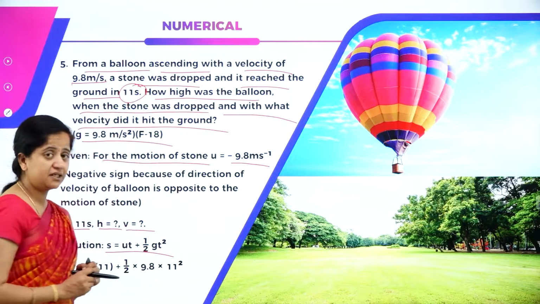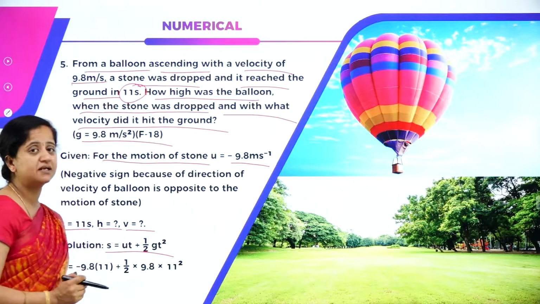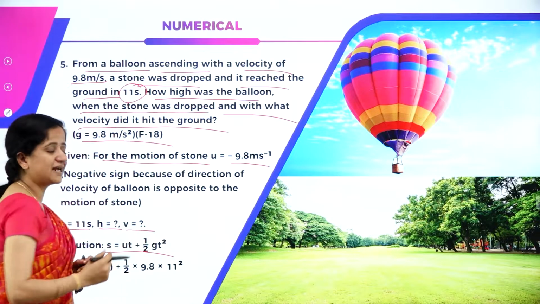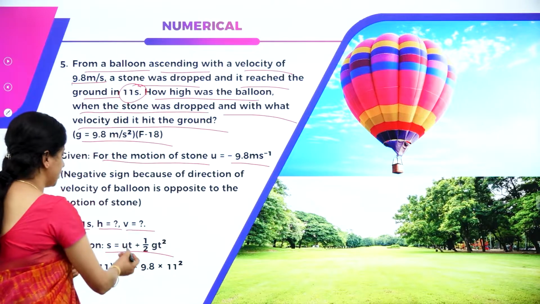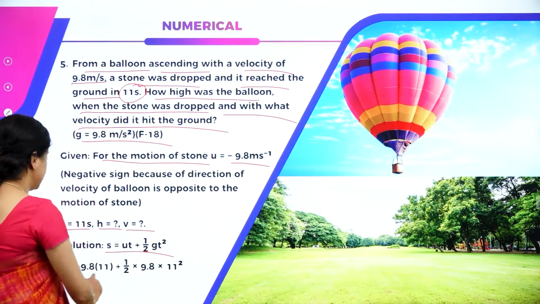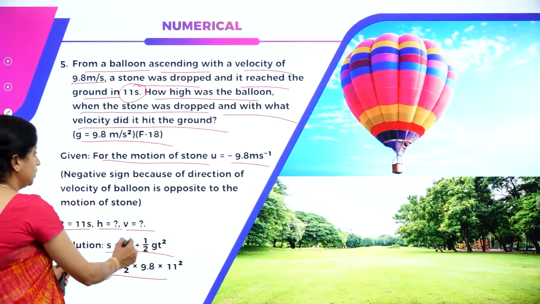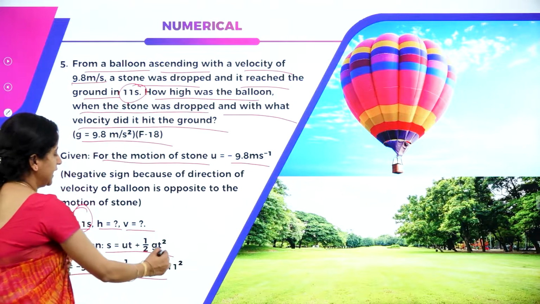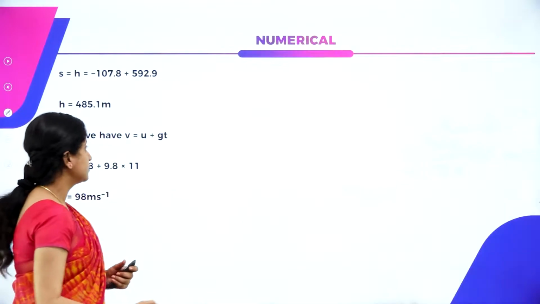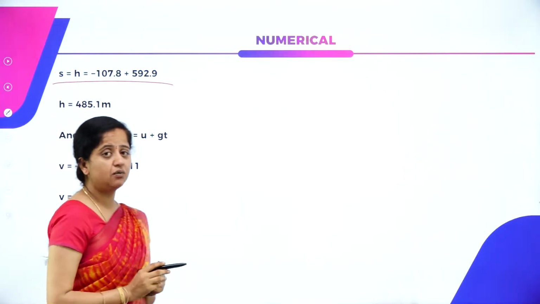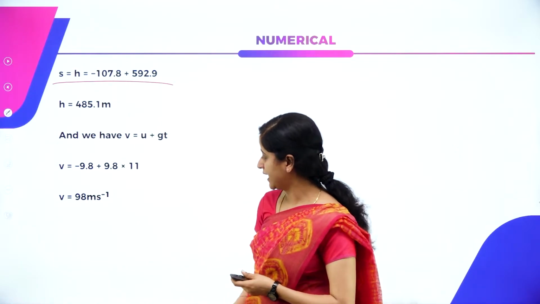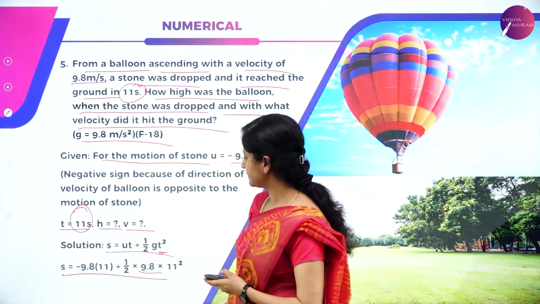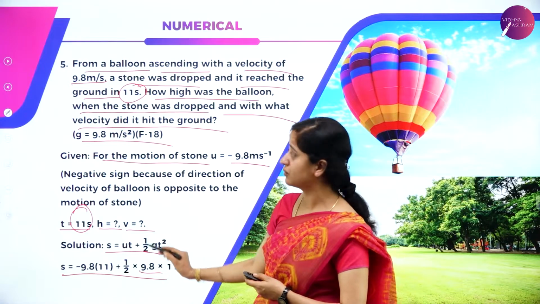We have the kinematic equation for displacement, that is s is equal to ut plus half gt square. Here we are not considering half at square because we need to consider the acceleration due to gravity for a freely falling body. So ut plus half gt square. So let us now substitute all the values. S equals, u value is minus 9.8, t is 11 seconds plus half, g is 9.8 and t is 11, so 11 square. So after simplification we get s is equal to minus 107.8, that is minus 9.8 into 11, that is minus 107.8 plus half into 9.8 into 11 square gives us